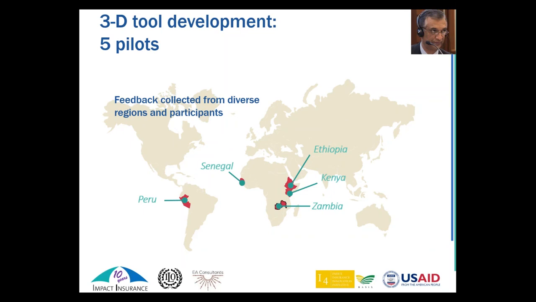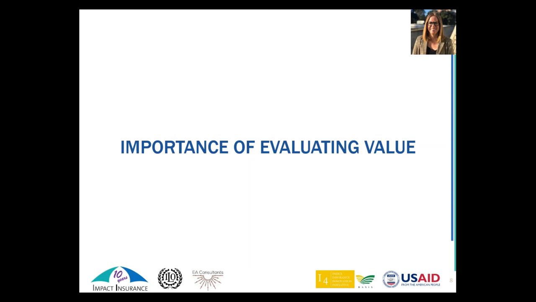The feedback that was collected was shared among the GAN network members. Their inputs were taken, a kind of back to the drawing board exercise, and we improved upon what was initially done. And now we feel that we have this tool which has been influenced by inputs from all these people, and it has greatly improved our approach to quality and value so that the tool can actually fulfill its objectives and help the scaling up of agriculture insurance as we go forward. I think I'll stop at this stage and hand it over to you, Tara, to discuss aspects about quality and what is value and how it can actually be translated and seen on the field. So over to you, Tara.